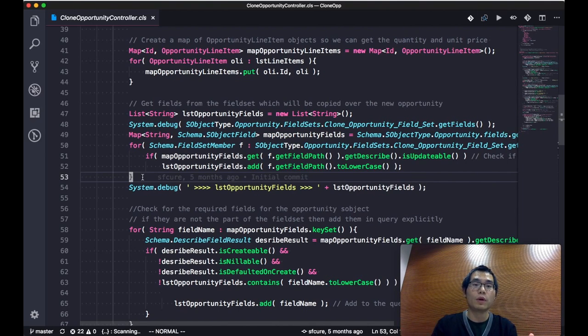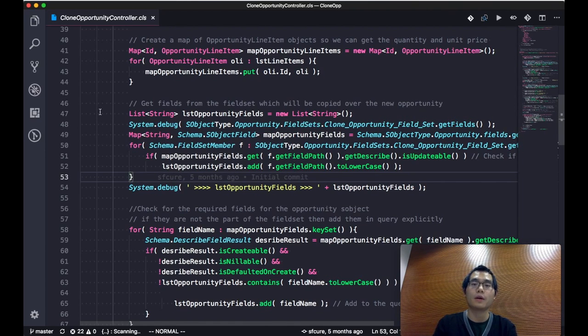Do we clone just one field, two fields, or multiple fields? So that enables the admin to define the fields. Okay, it's totally decoupled from the code. The code is deployed in the environment, and the code would read the field sets, and then according to the field set settings, how many fields are already grouped into this field set, and then that decides what fields to be cloned,